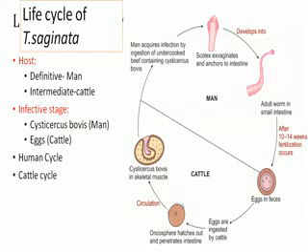That is, man acquires the infection by ingestion of undercooked meat or undercooked beef. After ingestion, the invaginated scolex evaginates and holds onto the intestine. From here, it develops into the adult worm. After 2 weeks, it lays the eggs. Those are embryonated eggs, and these eggs are usually released into the stools. From here, usually grass will be contaminated with these eggs.